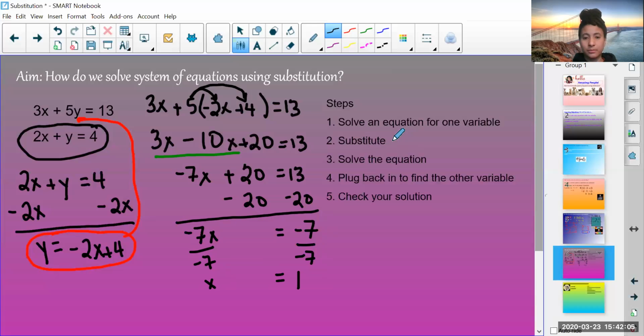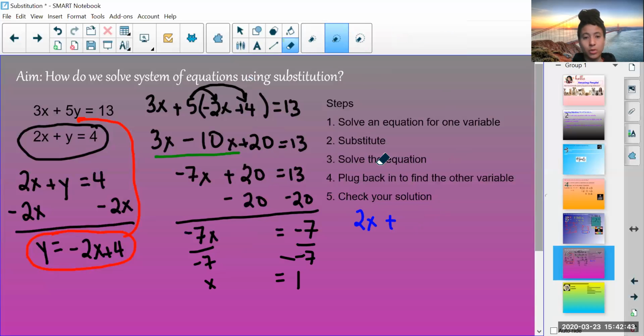Our next step, to plug back in to find the other variable. So once again, we could plug into any one of these, all right, to see what the y value in this case is going to be. So if I plug back in, I want to use the second one because y is kind of by itself already. So if you want to use the first one, you could still go ahead and use that one as well. If you just want to check it out to see if it works, by all means, go ahead, all right? So we have 2x plus 4,